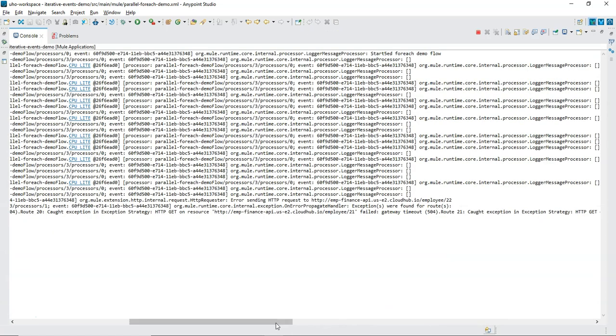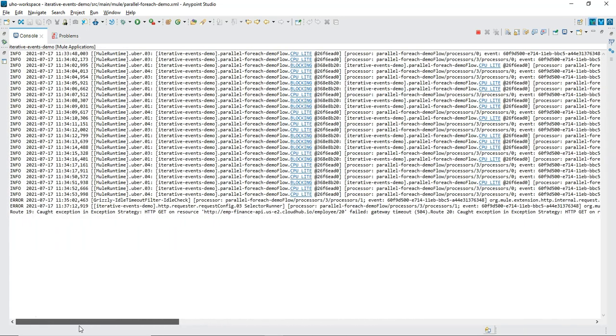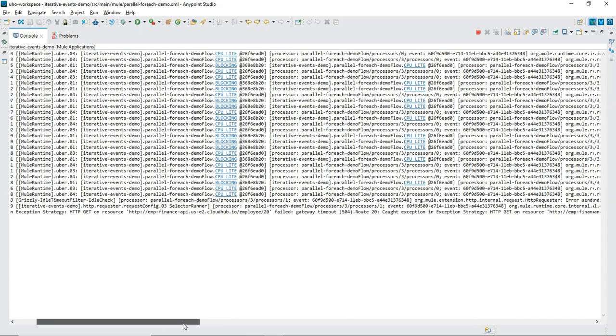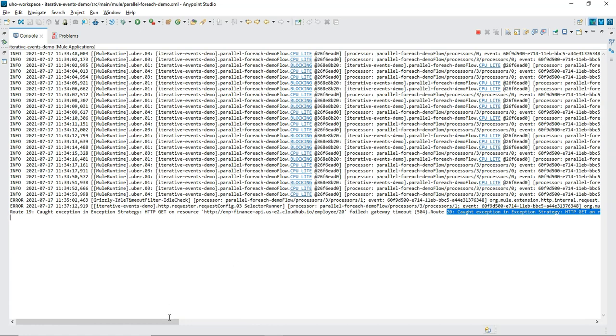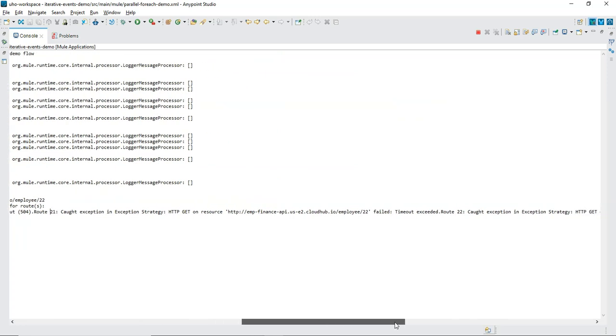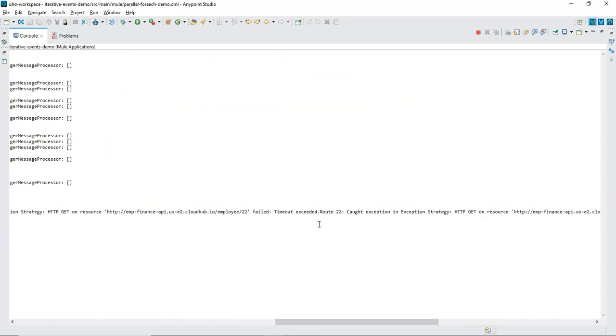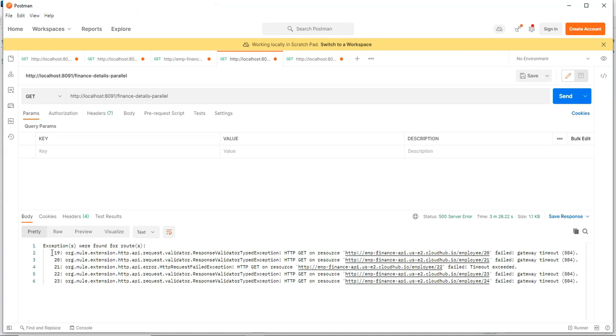Here it says that while executing the events, it has failed at a few of the routes. Route 20 has failed, then route 21, 22, 23, then 24 have failed. We can see the same in the response, which routes have failed.